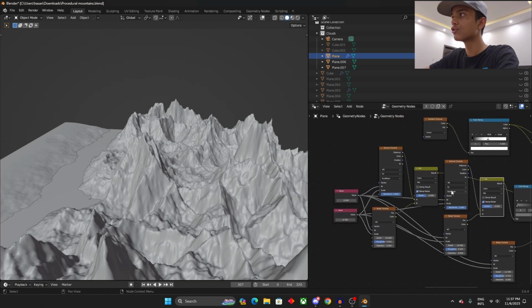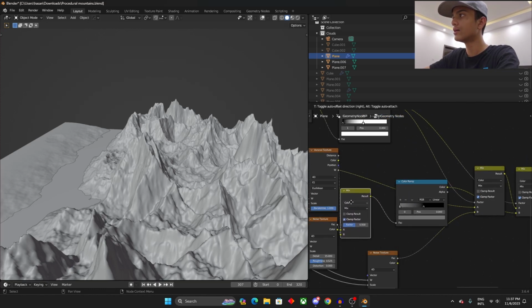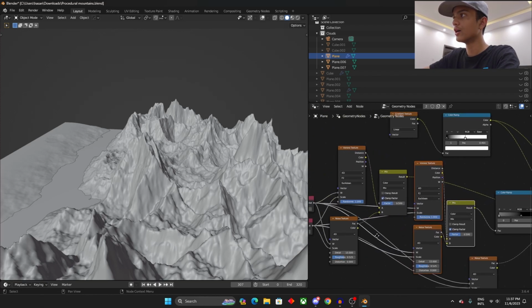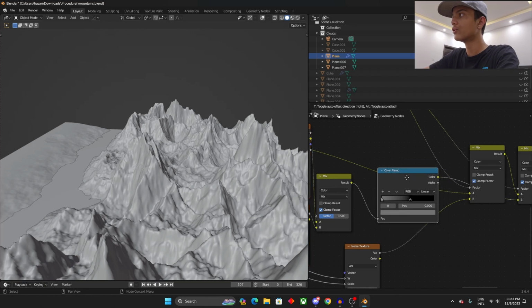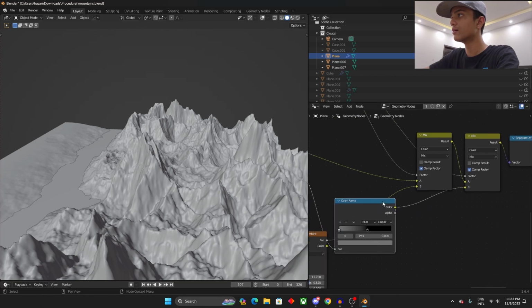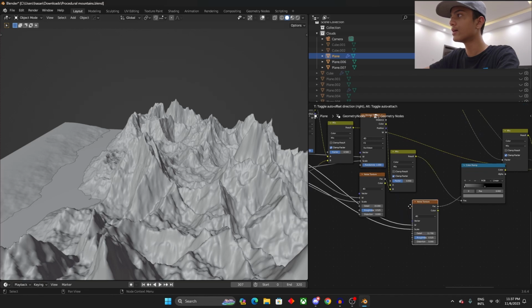Then I've combined them again, so basically I've duplicated this, and then I've run it through a color ramp, and then I ran it through two mix RGB nodes, two mix colors, and then I connected it to the B socket of the second one, and then I connected